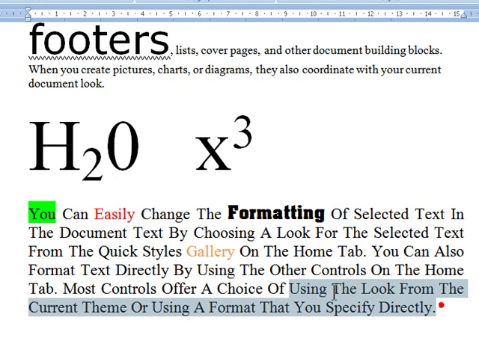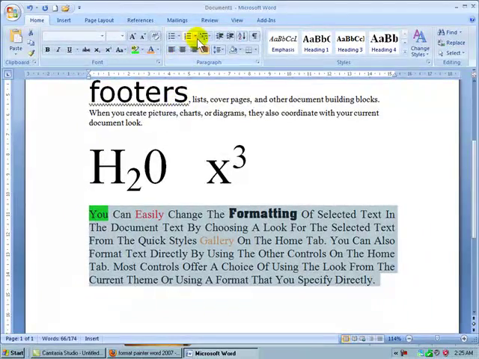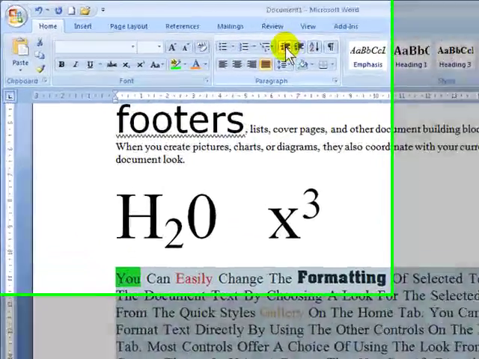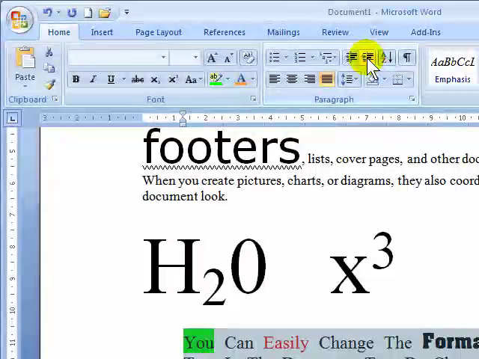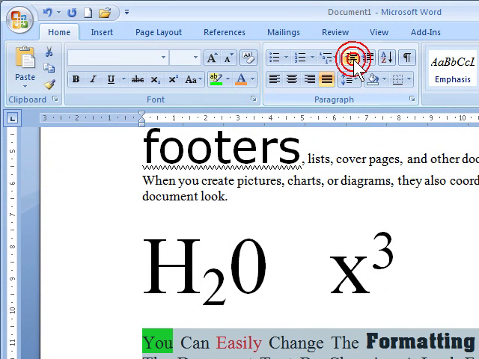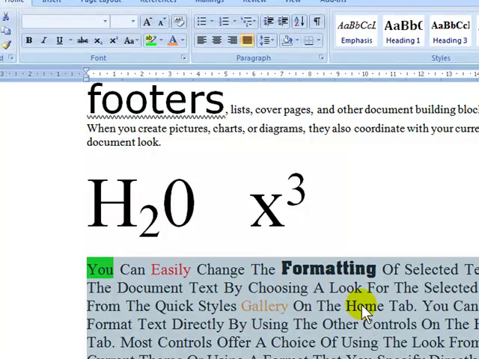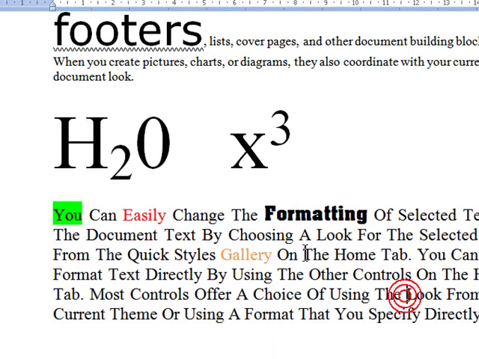Now you can also select a whole paragraph, and then I can actually indent the paragraph in, right indent, or I can go for left indent. And the other thing that I want to talk about is, since we're on the topic of formatting,